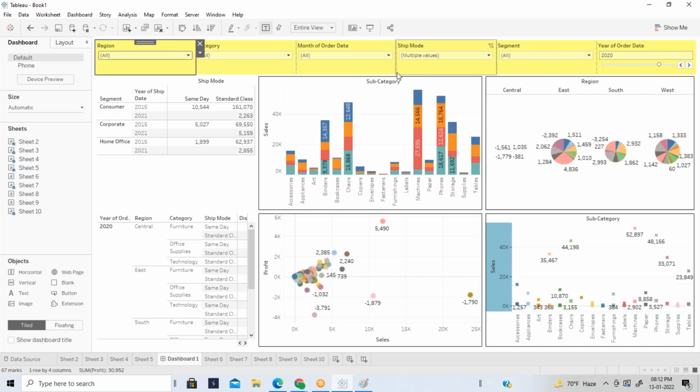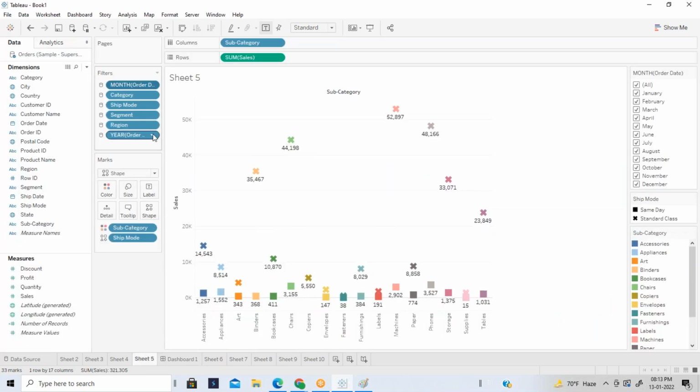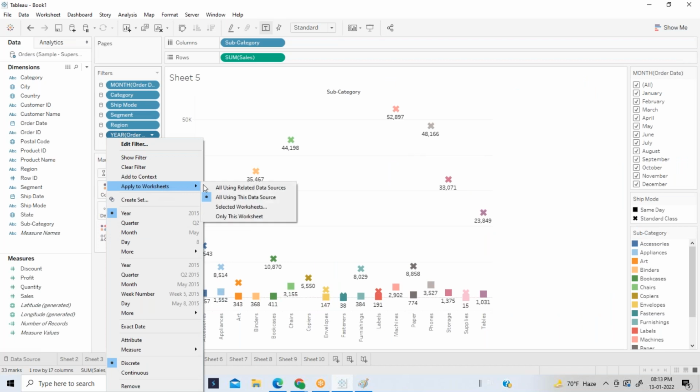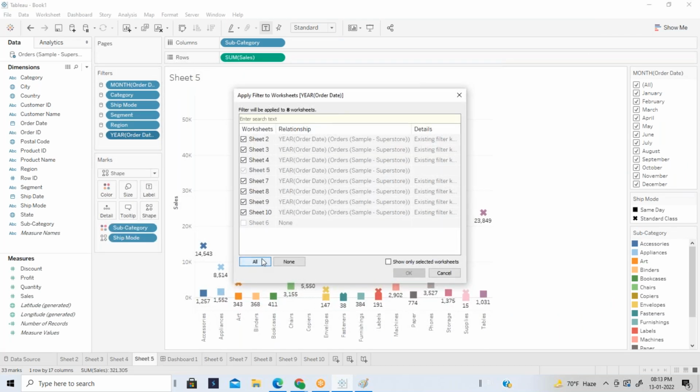So I can say global filter is nothing but the data source filter. Yeah, you can say that. Simple: global level and sheet filter, both are the same type of filter. Sheet means it's basically applying to the selected sheets. When you click on selected worksheet, you can click on all. When you click on all, it works like a global level filter only, right? Okay.